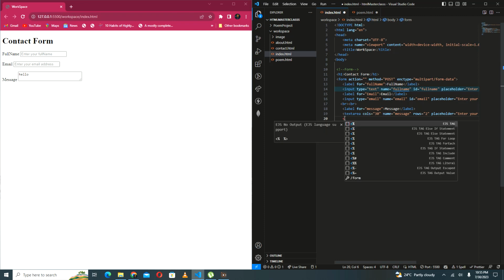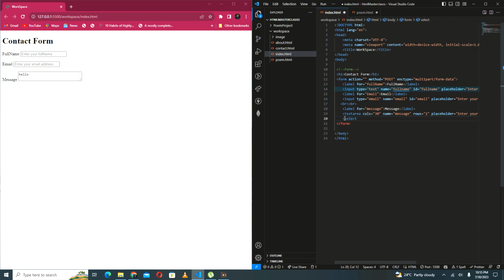Now, in a form, there is also what we call select. All right, I'm going to do that. Select. Now, the select will take what we call options. Now, these options have values. So let's say I want to select the first option. I want to call it foods, and some of the options include